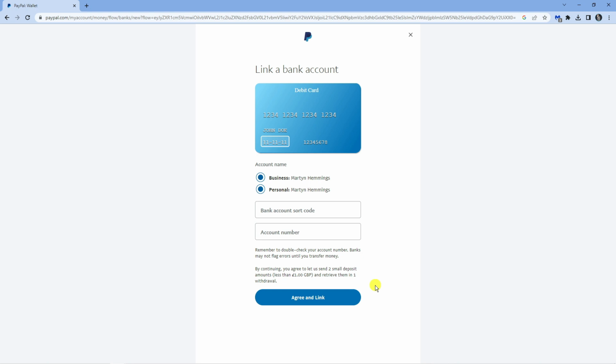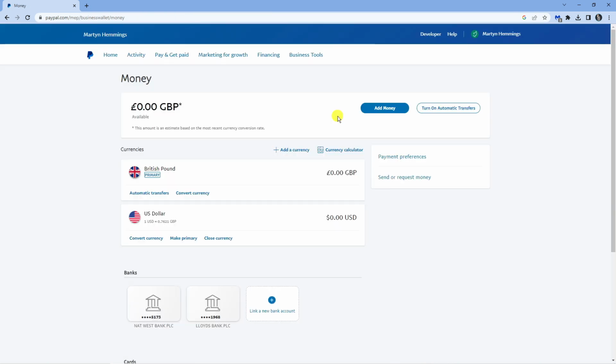Now, when you log into your bank, that small deposit from PayPal is going to have a 4-digit code. Make a note of that code and come back to PayPal to verify your account. It's going to ask you to put that code into your PayPal. Once you've done that and you've linked and verified your account,